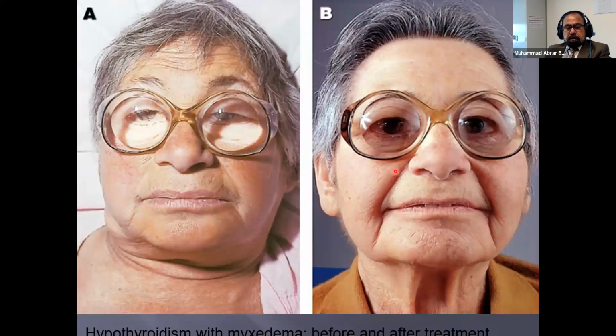You see, these are the same female. This is the affected hypothyroid female, and you see the big edema, the moon-like face, and glycosaminoglycan accumulated in the subcutaneous tissue. As she was given treatment, thyroxine given slowly and gradually, all these things dissolved, and now she looks like this. So this is actually a normal-looking female changed into a myxedema face like this one.